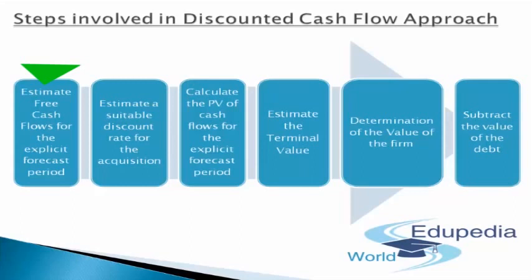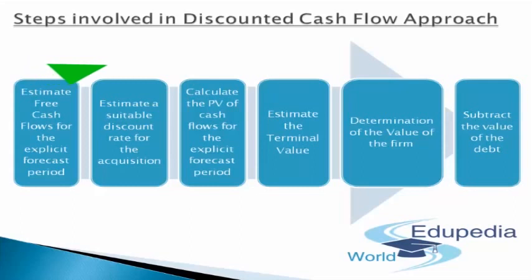And so in that case, the financing basically is not incorporated in the cash flows. Suitable adjustments for specific financing have to be made in the discount rate, so it has to be taken care of that way. So estimation of the free cash flows for the explicit forecast period is essential and imperative while moving forward towards disclosing the discounted cash flow value. That's the first and foremost step, wherein you'll get the estimated free cash flow, which has already been taken care of in my various previous presentations.